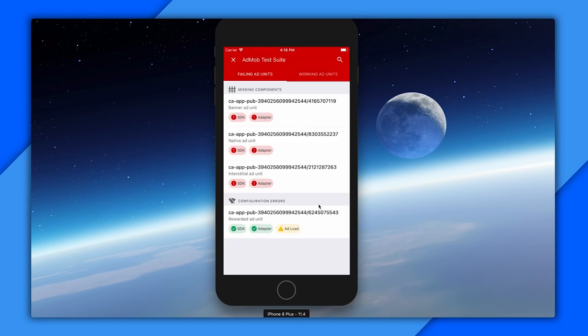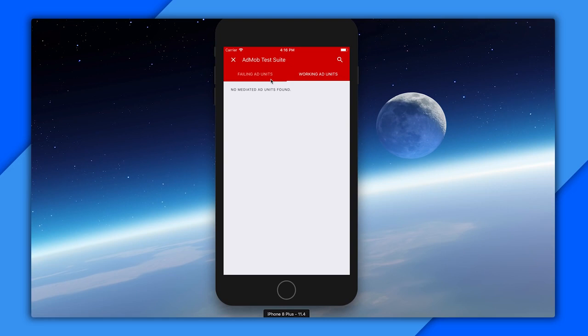Now we can see the home page for the test suite. This is broken up into multiple pages and sections. So at the top you can see two tabs, failing ad units and working ad units. The failing ad units page shown here shows a list of ad units that have ad sources that are either missing components or not fully configured and tested. The working ad units page, which is initially empty, will be populated with ad units that have all ad sources